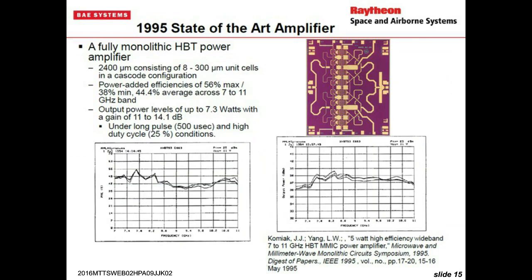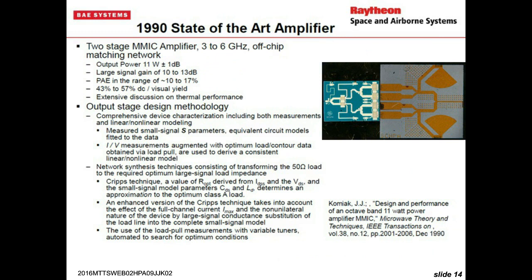Oh, okay. No, this is at about 3 dB gain compression for those PAEs, and that was usually about optimal for a MESFET technology of those days. That was about peak efficiency because they were gain limited devices. You can see that the gain at that point is down to the order of 6 dB, and your power added efficiency is going to keel over if you compress it any further. Not quite the case with GaN nowadays. Much higher gain, and typically up to 5 dB compression, you're going to get a slight increase in power and efficiency out of a GaN device.